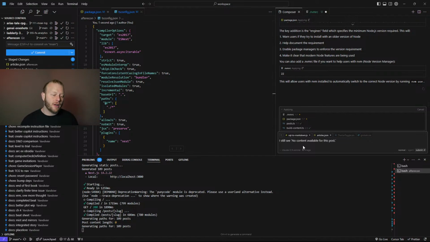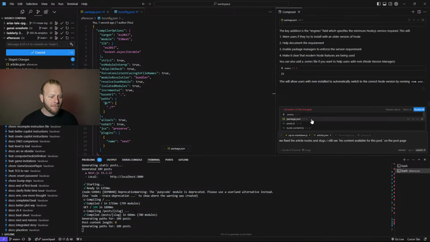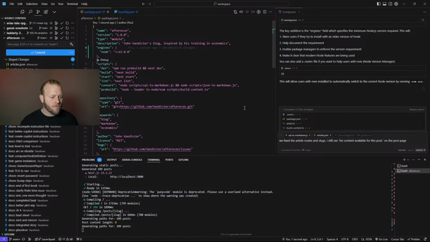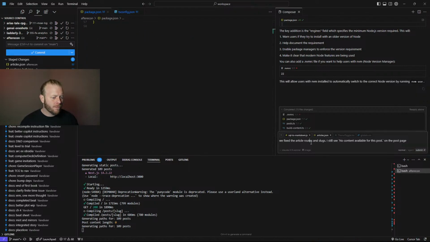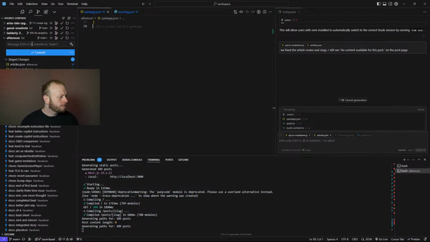Oh, we fixed the routes. Got an article slug fix.